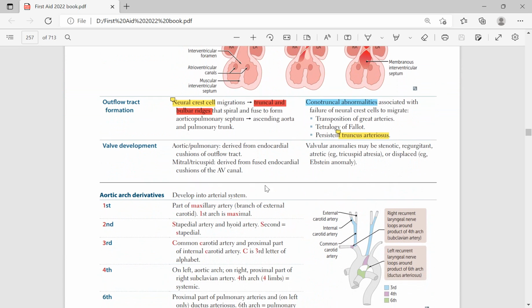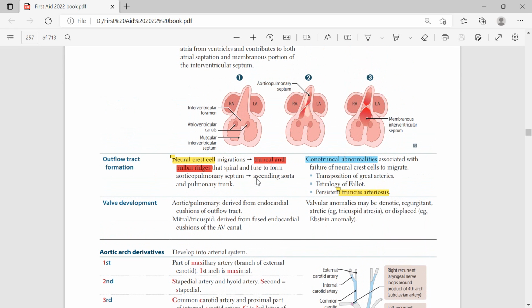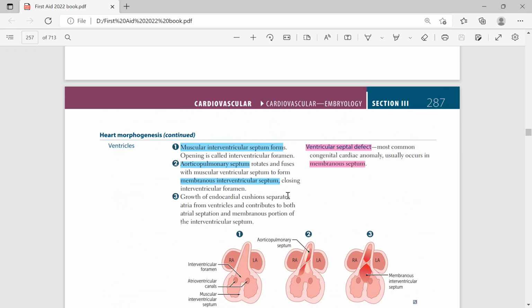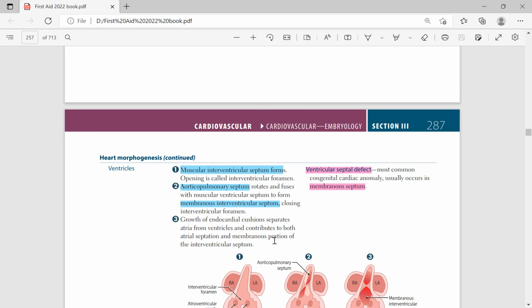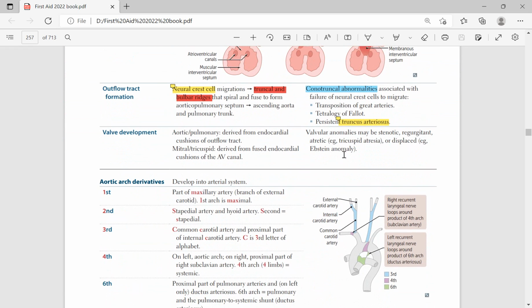So it also gives rise to the mitral and tricuspid valves. Valve anomalies may be stenotic or regurgitant,